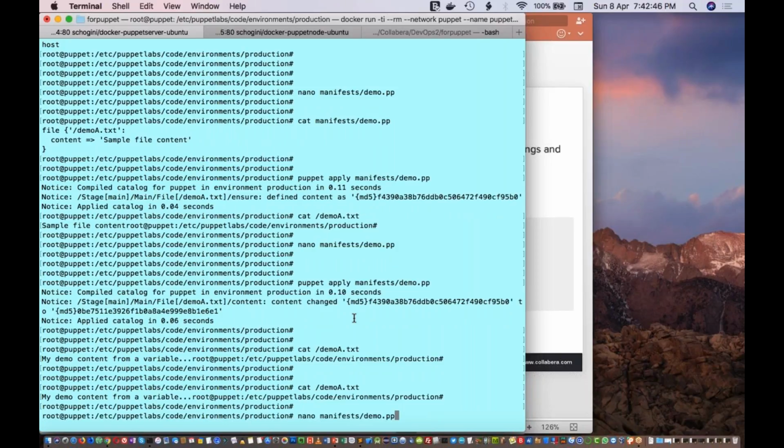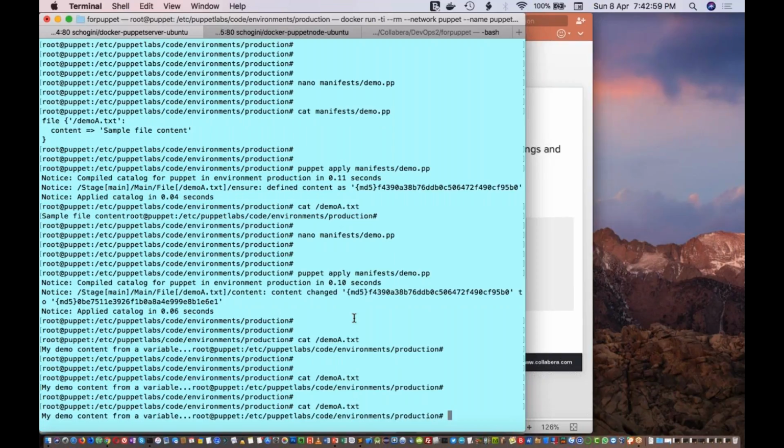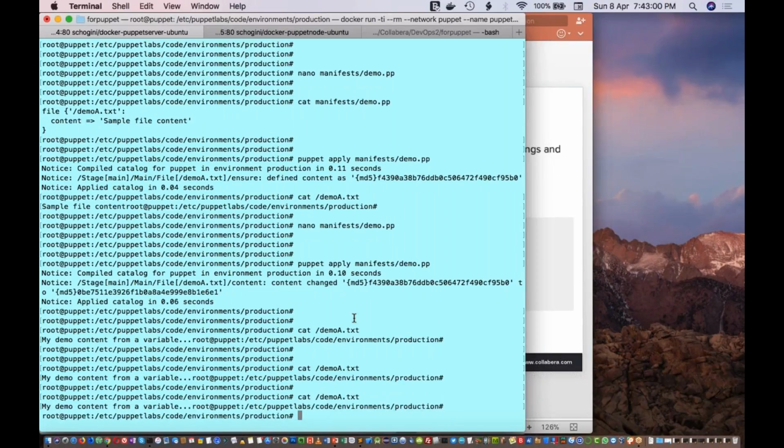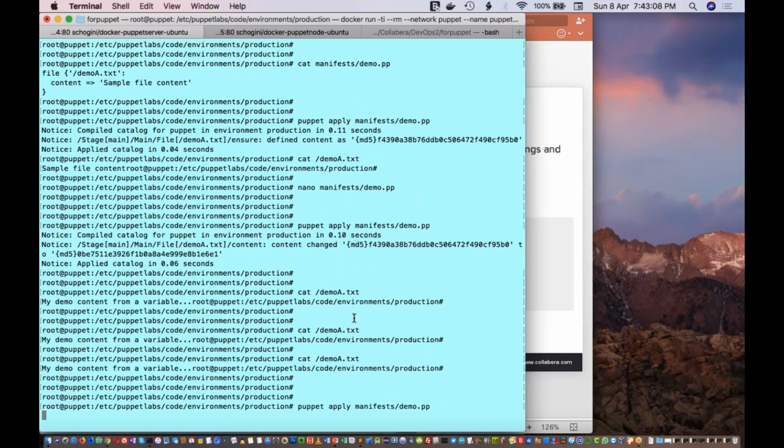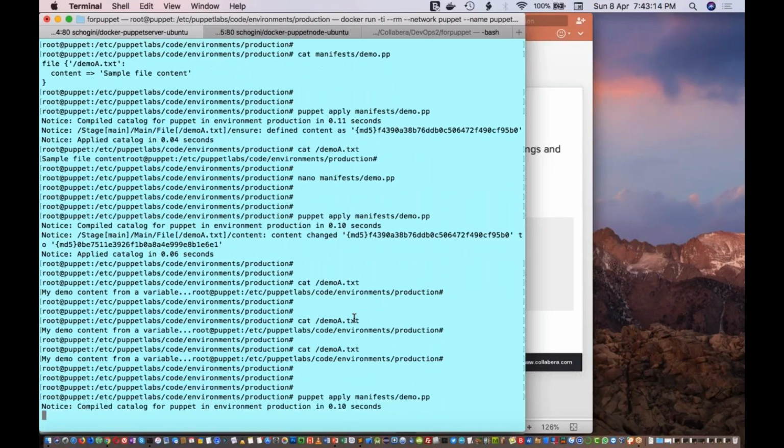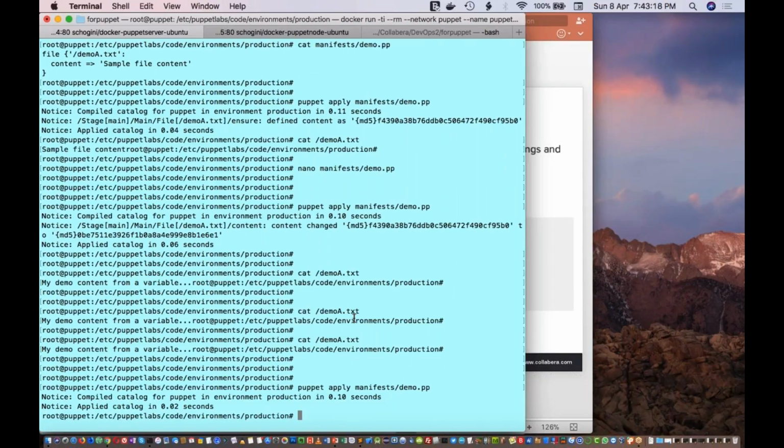We have specified that I want to change the content of that particular file. You have changed the resource, you have changed the configuration information, right? So now this is the content of the demo.txt, right? If I execute this again, nothing will happen because the content is the same, the file is already there, and the content is still the same. So you don't change anything. But if the content does not match that of the manifest file, then it will change. That is why we are saying Khyadi, Puppet is idempotent.